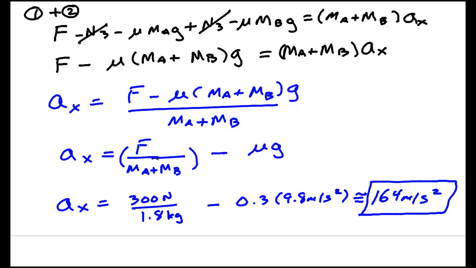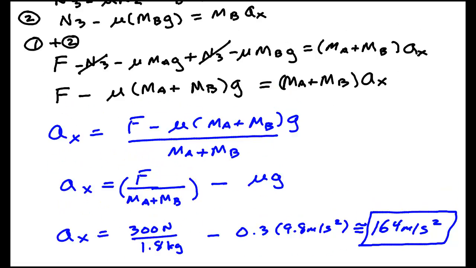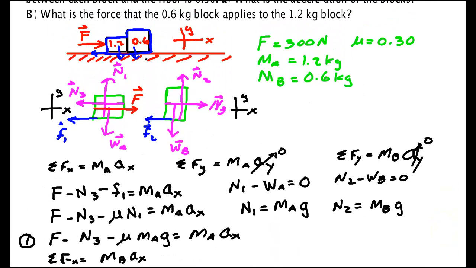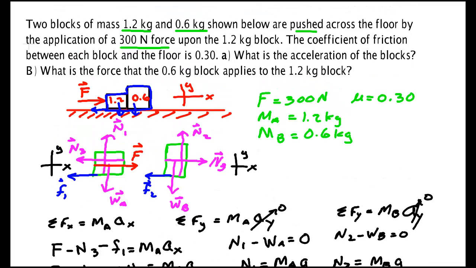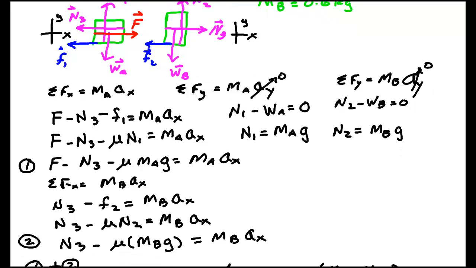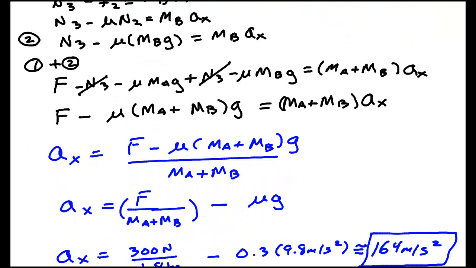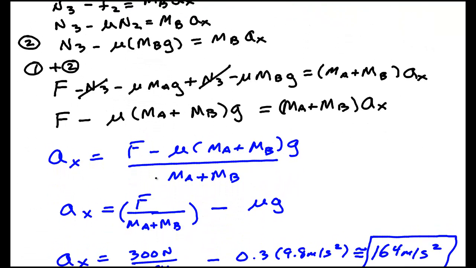So this continues a problem that we started in the previous video, where we're looking at these two blocks, let me show you, that are being pushed across the floor by a 300 Newton force. And in part B it asks, what is the force that this block applies on that? Or, since the third law says it's the same, what's the force that the 1.2 kilogram block applies to the 0.6 kilogram block? Well, because we now have the acceleration, we can simply take our result right here